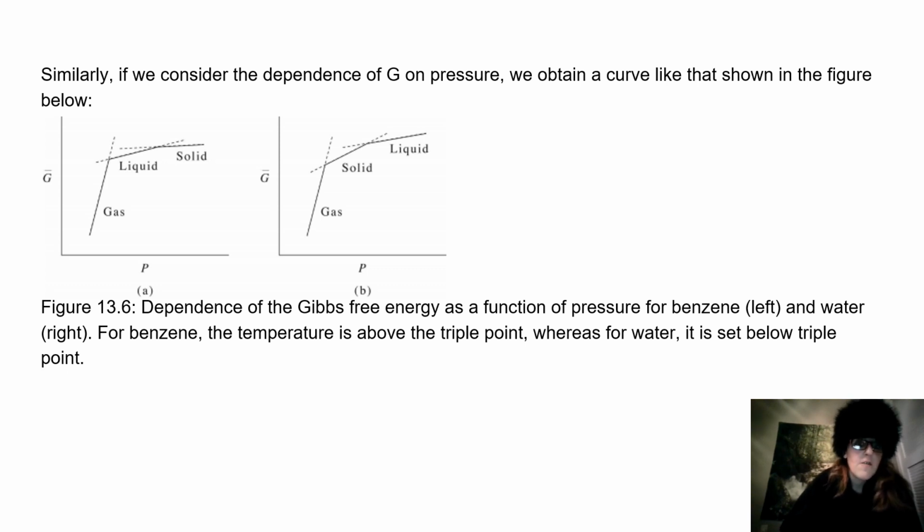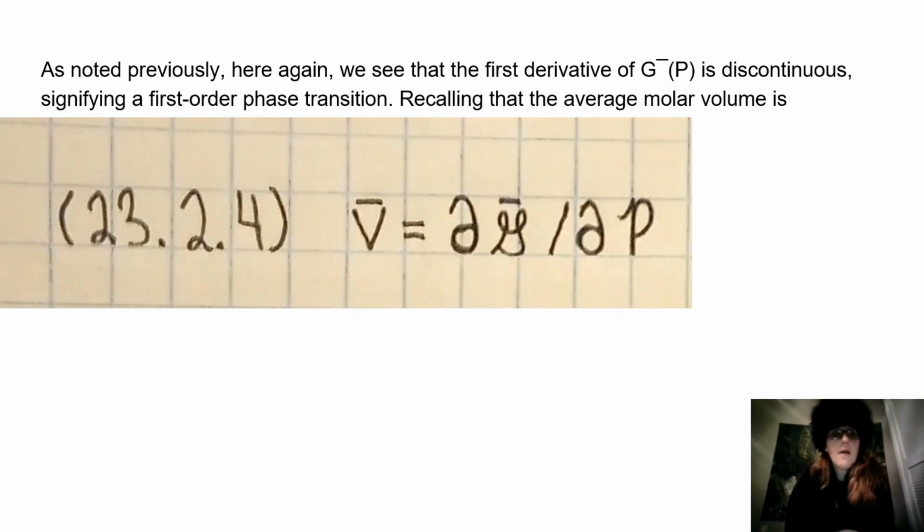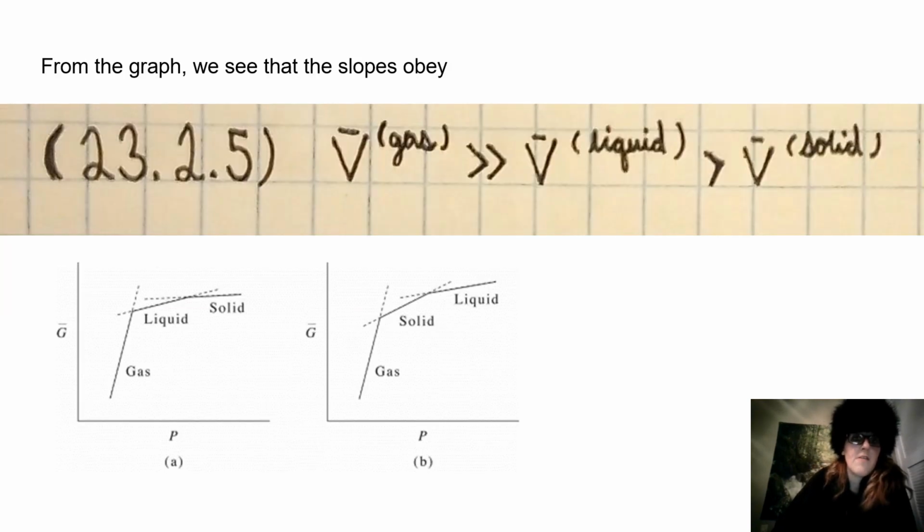For benzene, the temperature is above the triple point, whereas for water, it is set below the triple point. As noted previously, here again we see that the first derivative of G with respect to P is discontinuous, signifying a first-order phase transition. Recalling that the average molar volume is V equals partial derivative of G over partial derivative of P, from the graph we see that the slopes obey V gas is much greater than V liquid, which is greater